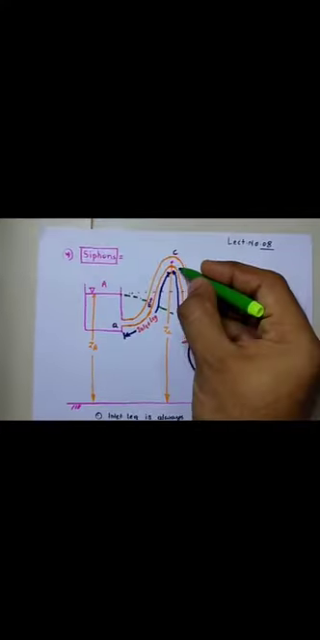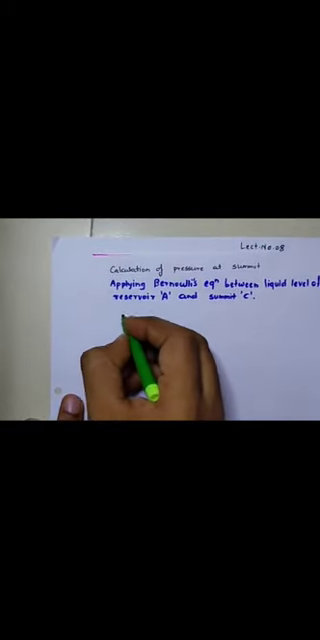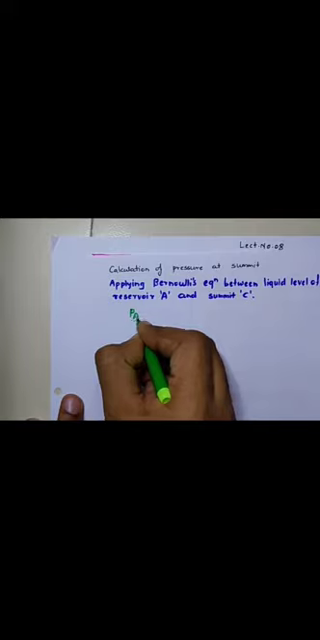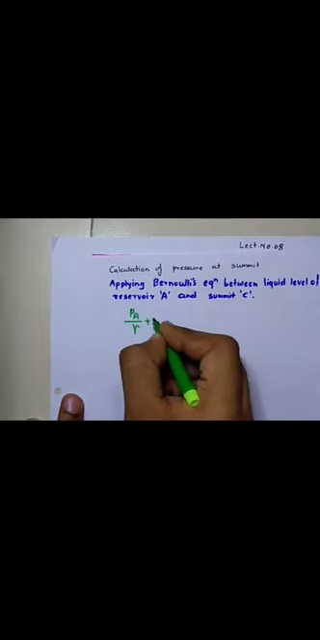Similarly, if I want to find out the negative pressure that I can observe at the summit C, to get that pressure value, apply Bernoulli's equation between the liquid level of reservoir A and summit C. So with the help of Bernoulli's equation we have an expression like this: